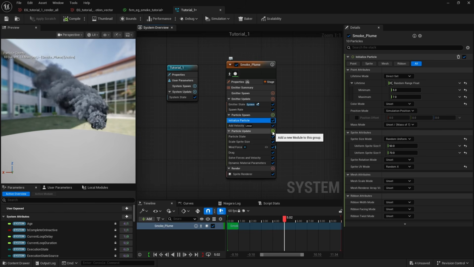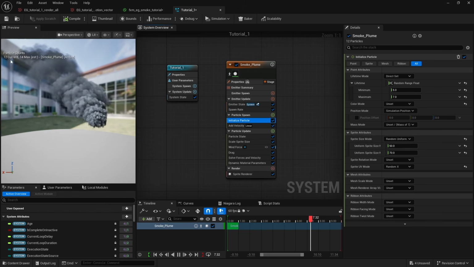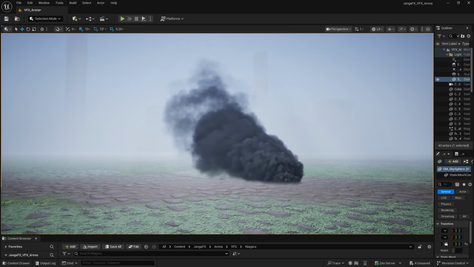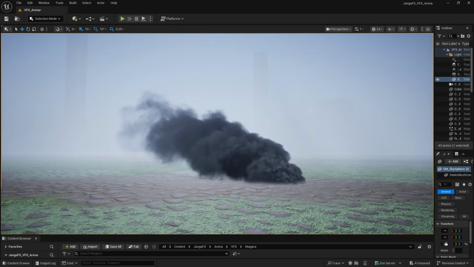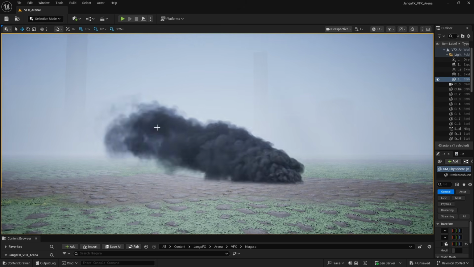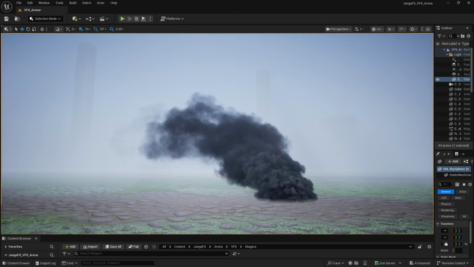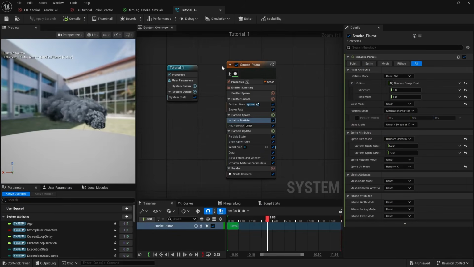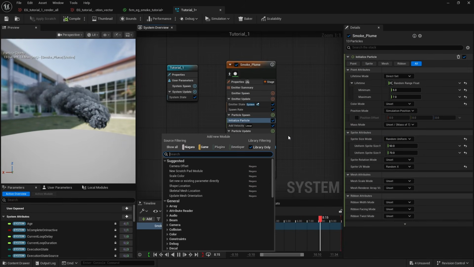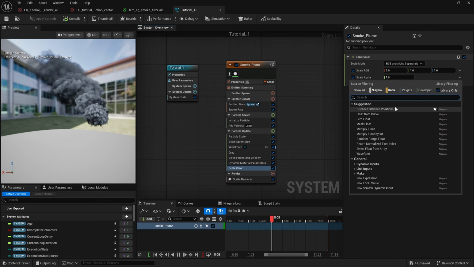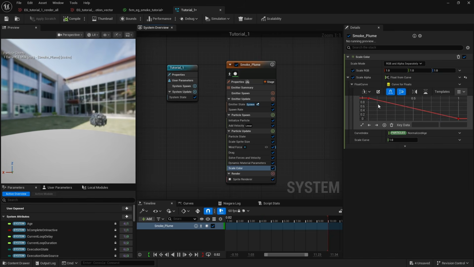And then for particle update, you can see that this does fade out pretty well, but it's really clearly a simulation type fade out, or just this weird hard decay that comes from EmberGen. So we're going to use our material trick that we did. We're going to come back over here to Niagara, and then we're going to say particle update, and we're going to do a scale color. And what this is going to allow is for us to scale, say, just our alpha over time. I'm going to do a float from curve,